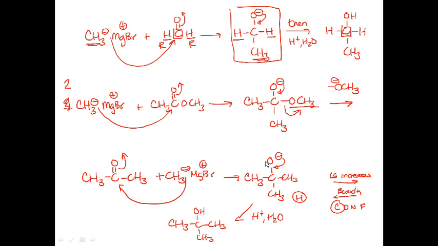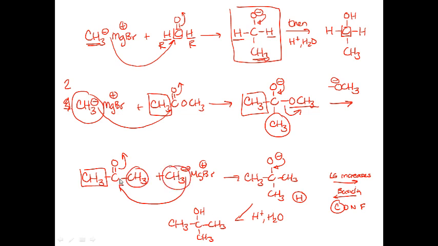So when you react a Grignard with an ester, you have to react two equivalents of the Grignard, and you make a product where two of the alkyl groups in the final alcohol came from the two equivalents of Grignard. So if I circle this Grignard and put a square around that methyl group, the first methyl adds to the carbon, then the pair of electrons moves down and we kick off the methoxy group here. That leaves us having added one methyl group, and then the second methyl group comes in, adds